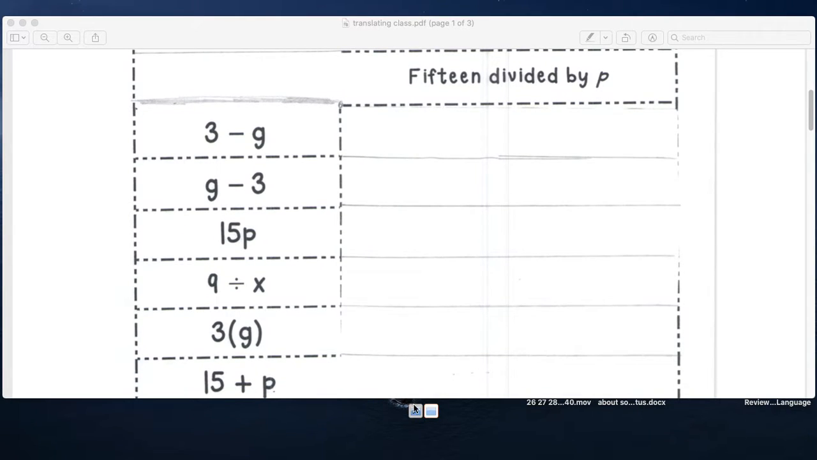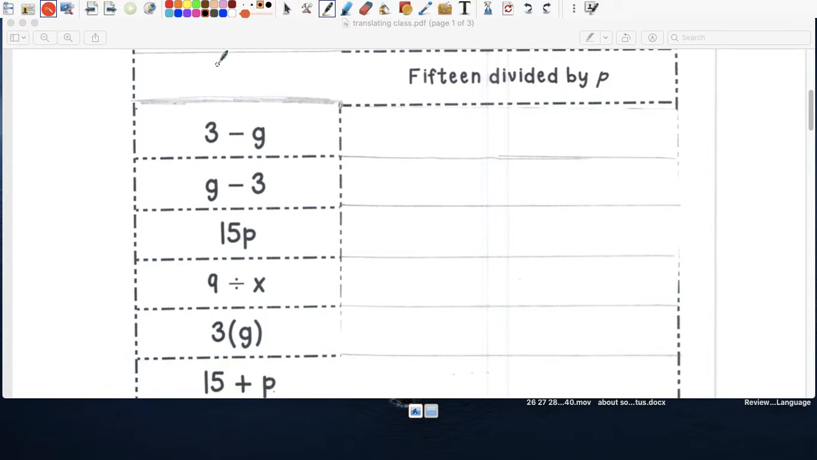15 divided by p. 15 divided by p. 3 minus g, we can just write 3 minus g. Here, g minus 3, we can write a 3